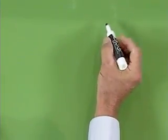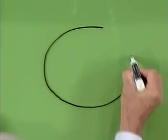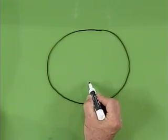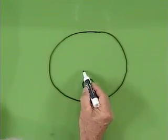Let's go to the overhead camera and make that drawing that we were just looking at on the model. So we're going to say this is a transverse section of the penis through about the body of the penis. Down here would be the urethra. We'll just draw a circle and say that's the urethra. And then around it